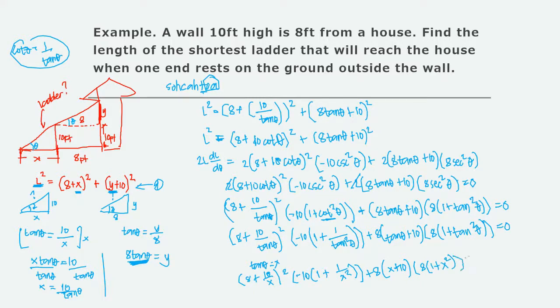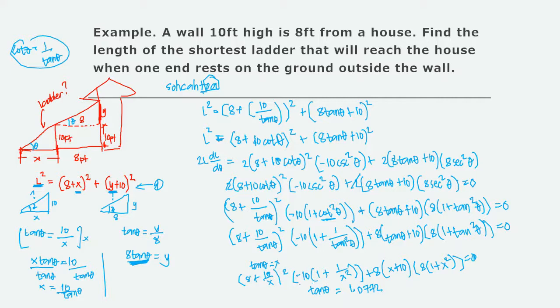We are just doing this so that we can easily substitute it using our calculators. Then if you have already substituted this in your calculator, shift solve, you can get the value of your tangent theta, which is equivalent to